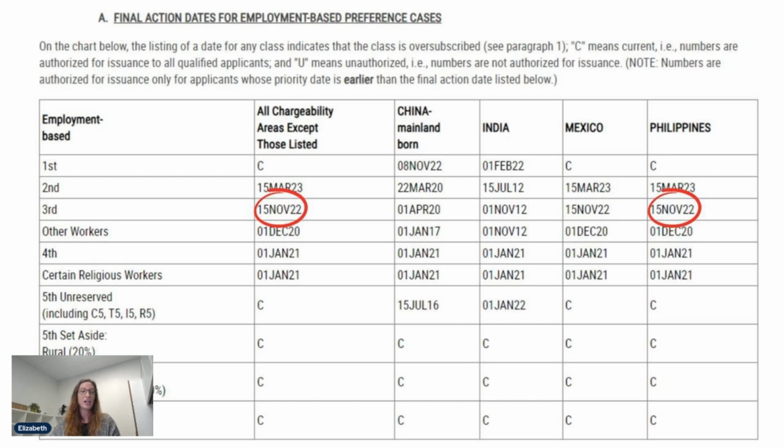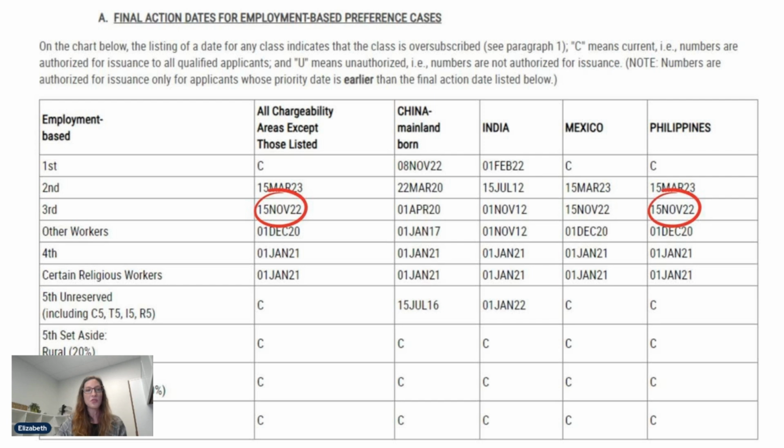Of course, we here at Health Carousel are constantly monitoring the Visa Bulletin. You can of course do your own research, but if you're not sure what you're looking at or how to read the Visa Bulletin, we are constantly monitoring that, and we're happy to help. But as you can see,